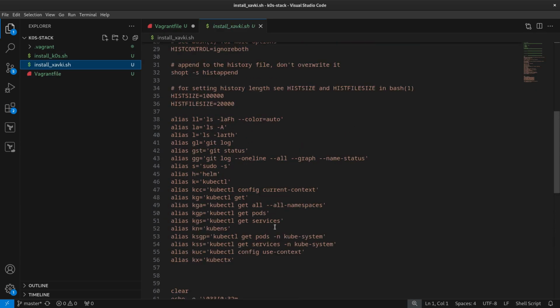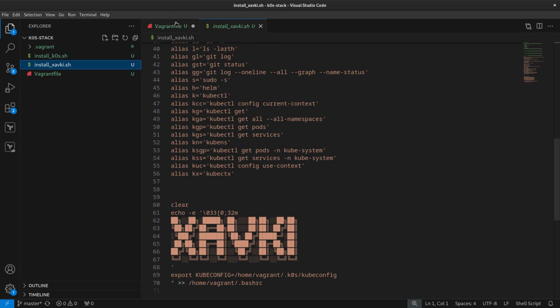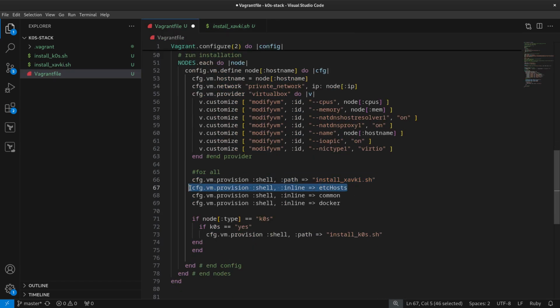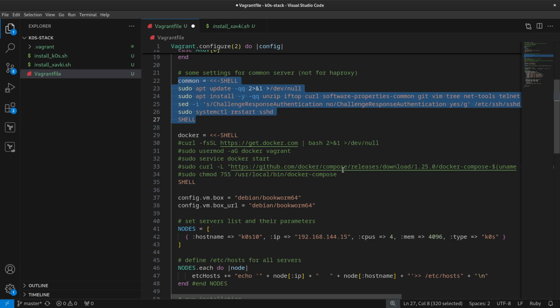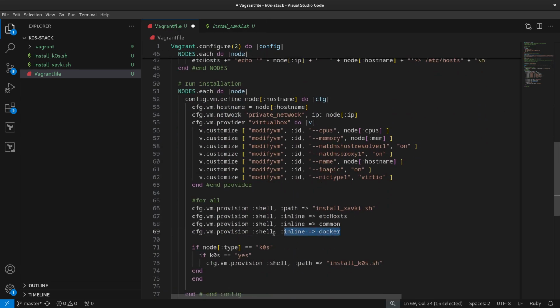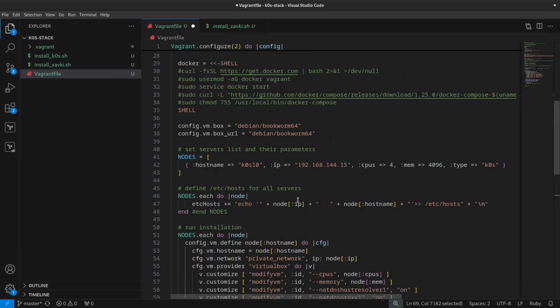This is my aliases, for example, and we have some aliases about Kubernetes, and we have here another mode of shell provisioning. Here, this is the path. The path is for a dedicated shell script, and we have the inline mode here for the etc hosts variable. This is here, and the common one here for all this block, like we said previously, and Docker if we have something to run in our Docker variable here. But all lines are commented here.